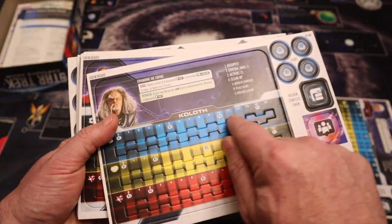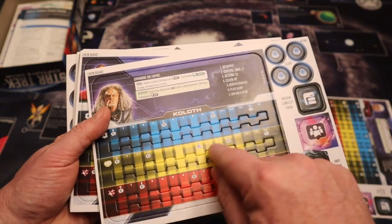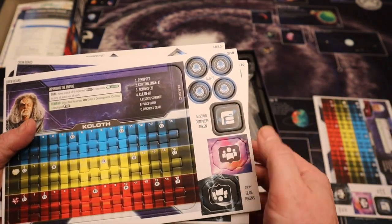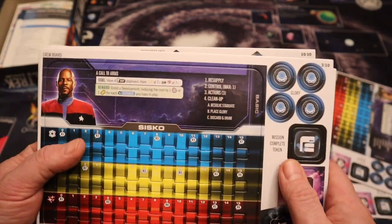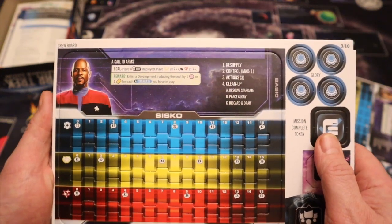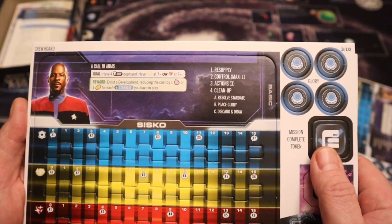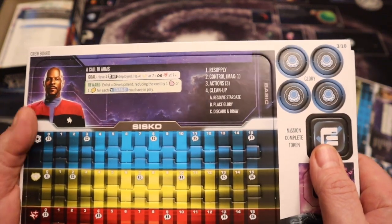And you can see these little punch outs because it's got a scoring board here. Well, it's going to help you with your scoring. And you're going to move cubes up and down here. Again, some glory tokens, mission complete token, some away teams. Okay, next we got Sisko. His goal is to have 4 ships deployed and have a handshake at 7+, or there we go,